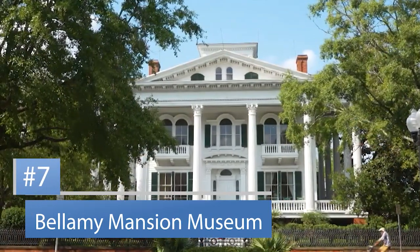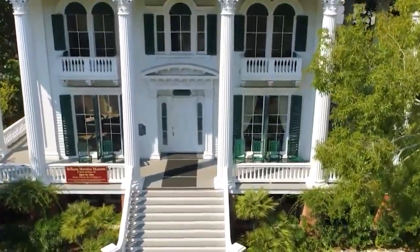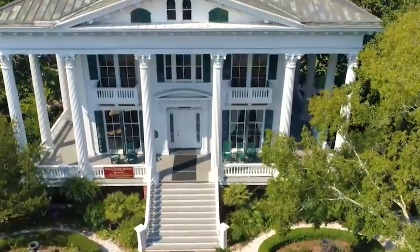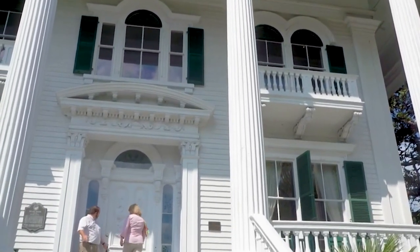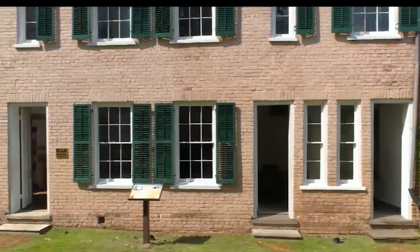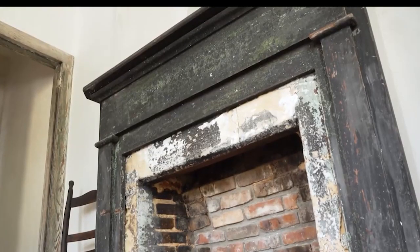Pay a visit to the Bellamy Mansion Museum. From the middle of the 19th century to the middle of the 20th century, this grand Greek revival mansion was home to one of the state's wealthiest slaveholders, Dr. John Bellamy, his wife, and their 10 children. It has 22 rooms, renovated slave quarters, and lovely gardens. And experienced tour guides now share the property's history with visitors, including information about the family, the building, and the